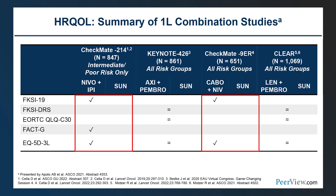And then, it's fair to say that the 2 regimens that had improvement in quality of life compared to sunitinib were CheckMate 214 and CheckMate 9ER. And I think this is something to consider when you're looking at not just efficacy, but quality of life, that the 2 regimens that showed quality of life improvement are nivo-ipi and cabo-nivo from these 2 trials, CheckMate 214 and